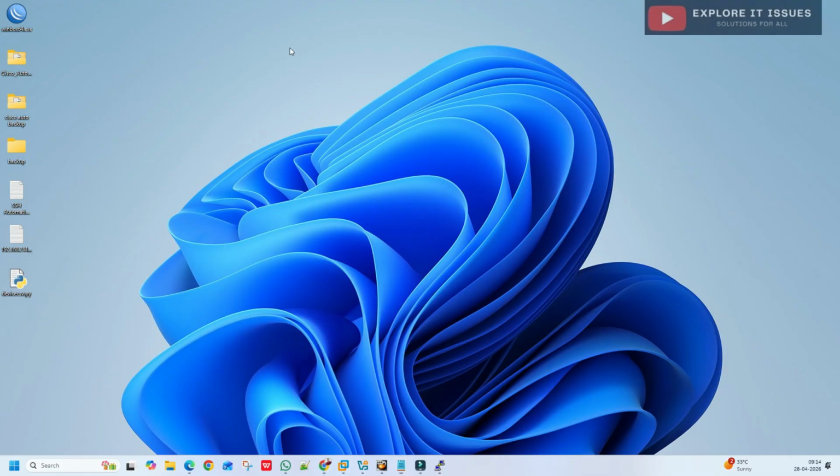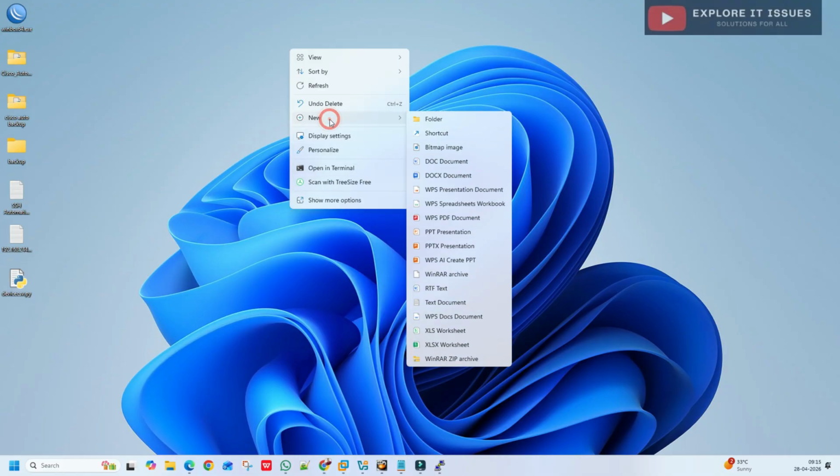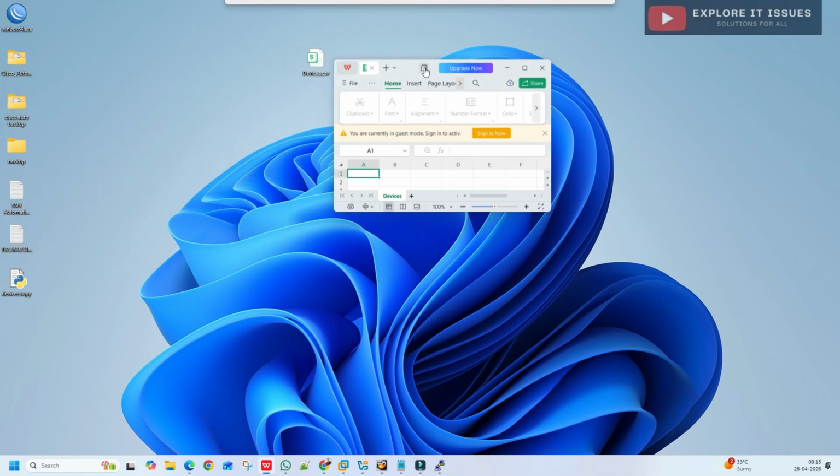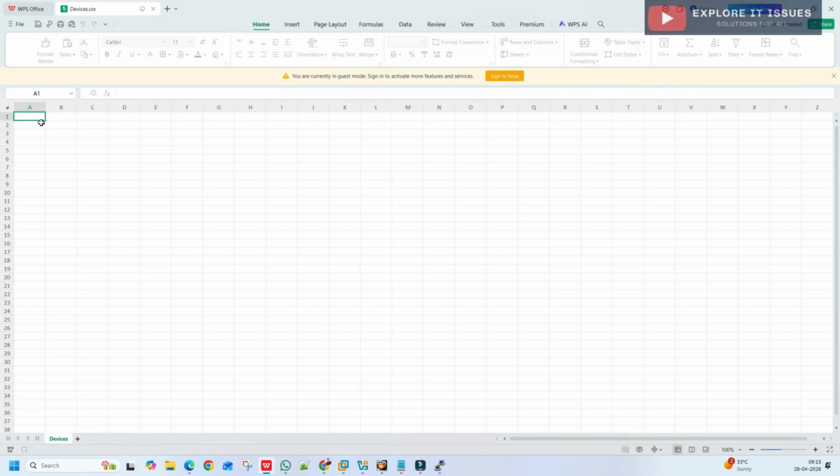So I'm going to the desktop and creating one Excel file here like this, and adding the name of the devices. The file name is devices.csv, because we need to use the CSV format. Once we have added this file on the desktop, I open it and add the device information like host, username, password and secret. Secret means the enable password, all that.